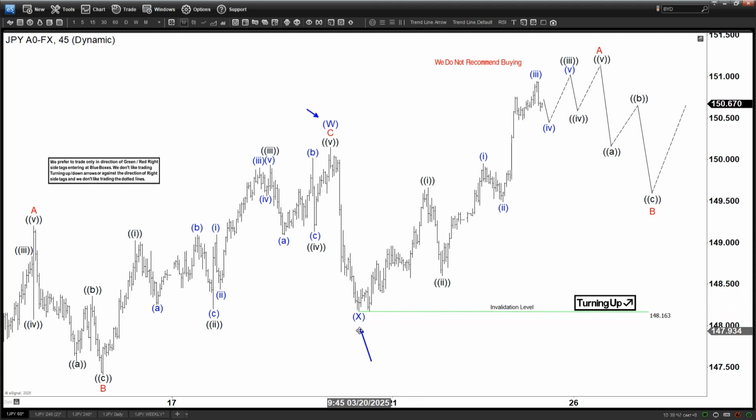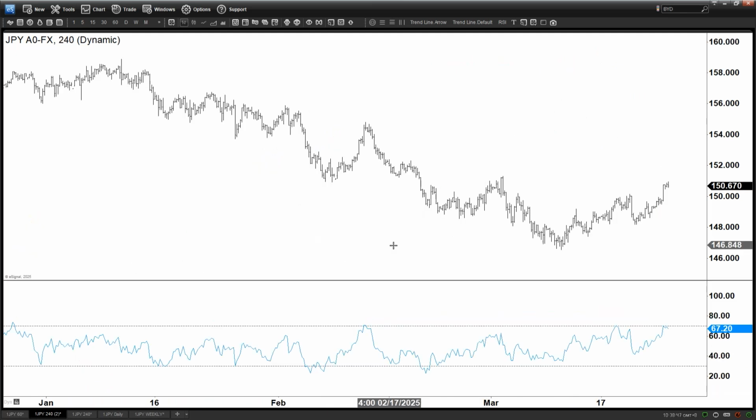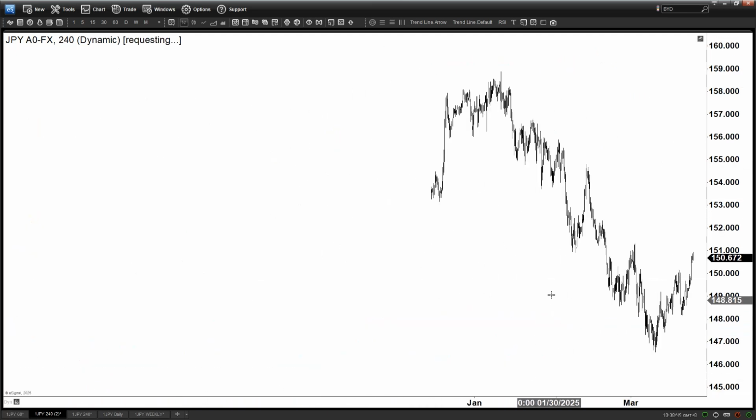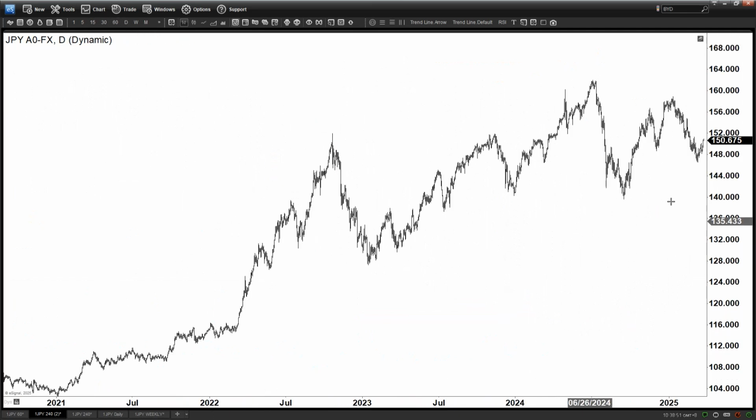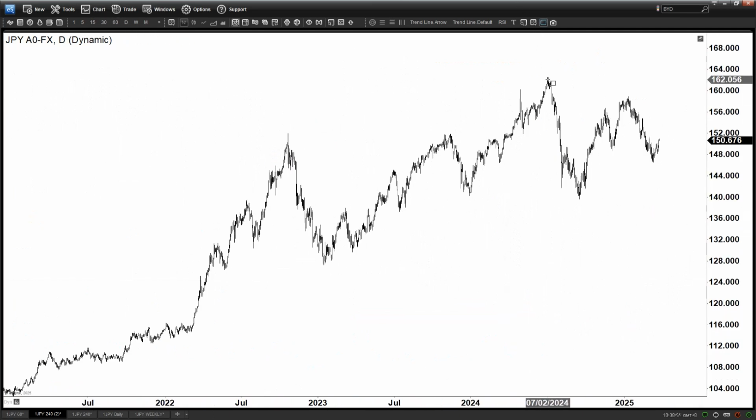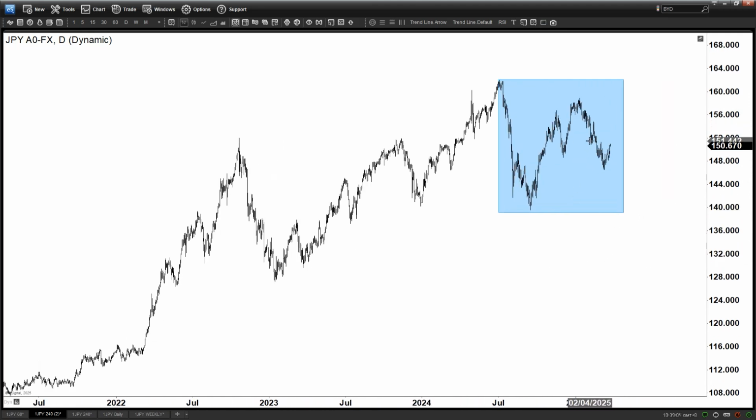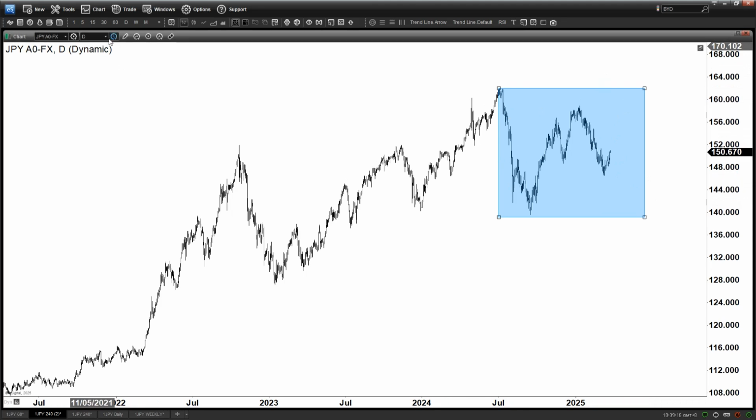Okay, if I zoom out to the 4 hour, first of all let's take a look at a couple of things here. When you look at the daily, to be honest, it's not really trending, it's sideways. Because it is sideways, it's difficult to know exactly what the next path is going to be, but I will explain the logic behind what could possibly happen. This is the daily, which is sideways. If I downgrade to the 4 hour,